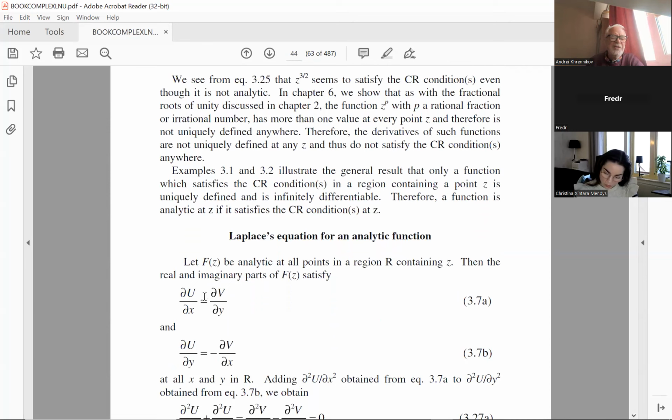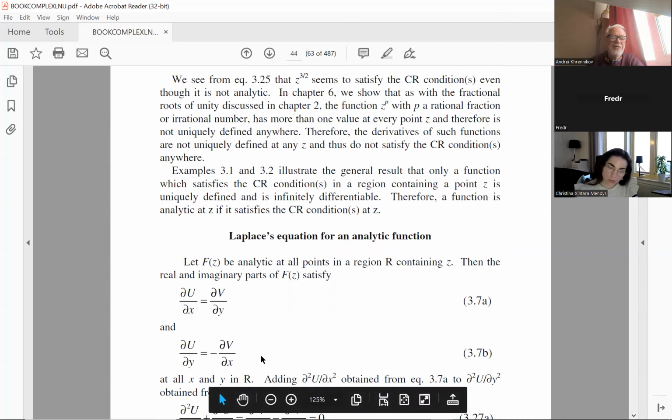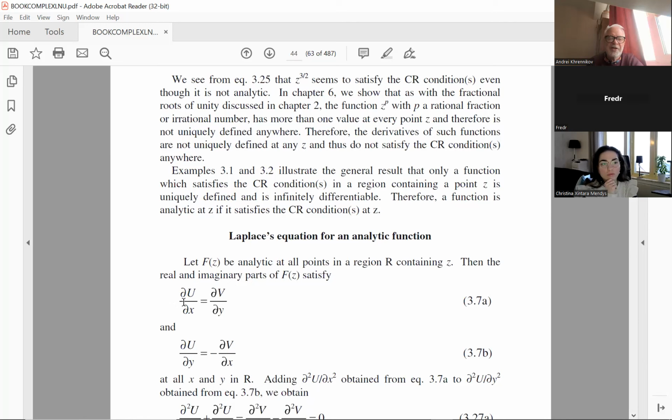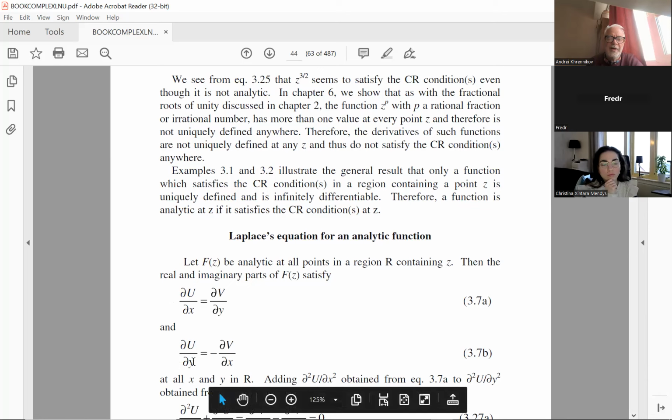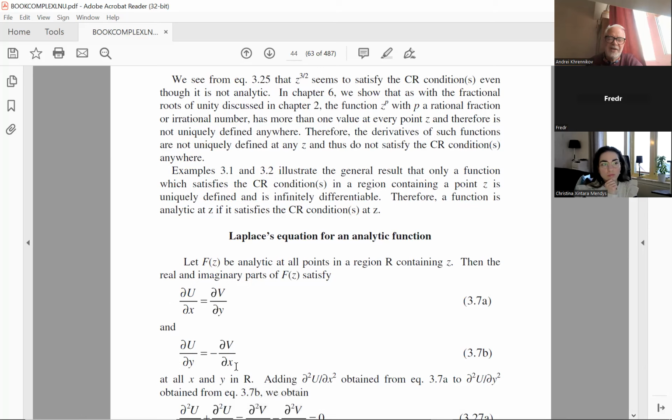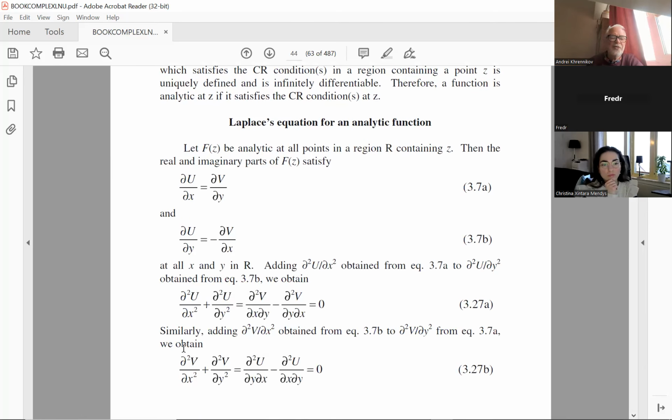We had these Cauchy-Riemann equations in the real form. And now we differentiate this equation by dx. So it would be the second derivative of u, and this with dy, the second derivative of u with respect to y. And here will be the mixed derivative. Here is first dy, then dx, and this vice versa. And they have different signs. So we get the following formula.